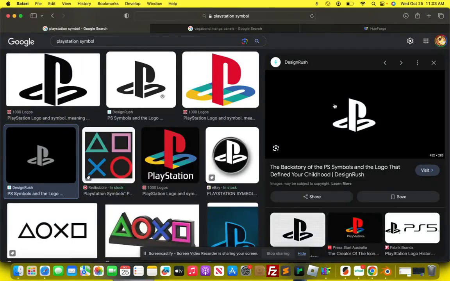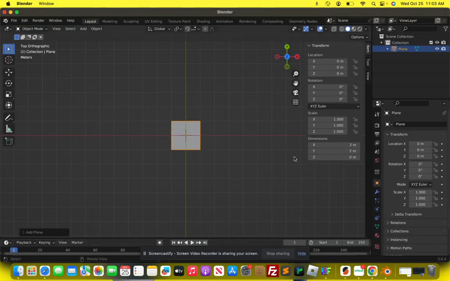So you could find any picture. Well, not any picture. For Blender, it's easier with symbols like this I have here. So I'll just be using the PlayStation symbol. And from there, you would need to match the dimensions of the image to the plane that you have in Blender. So mine would be